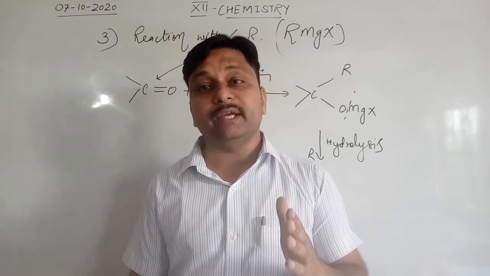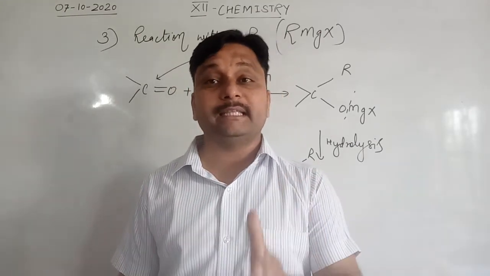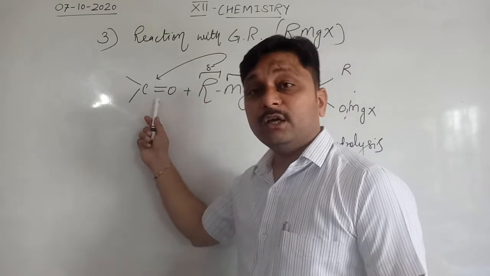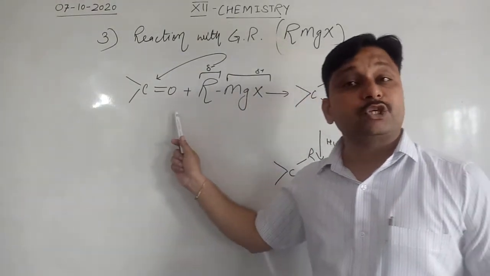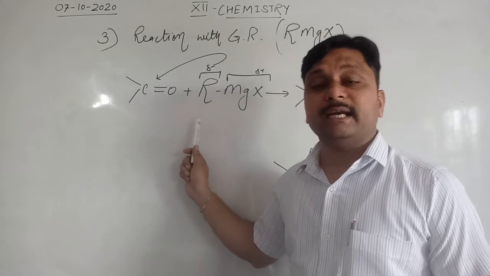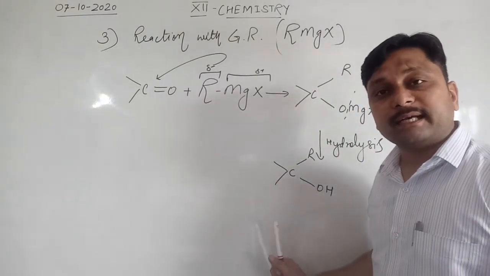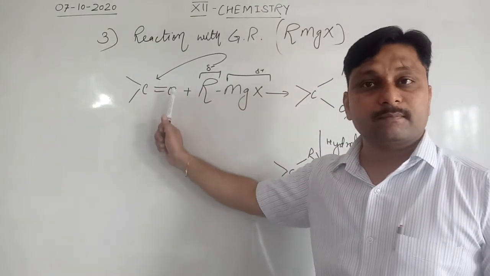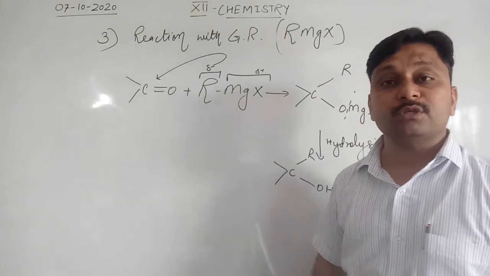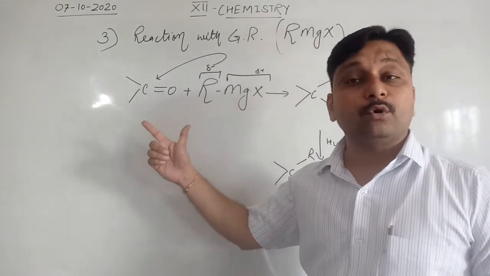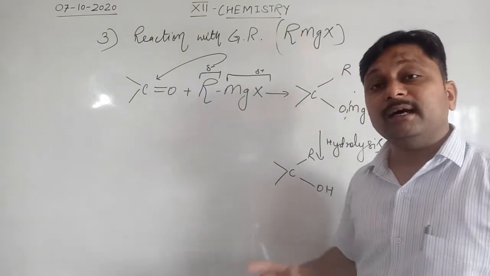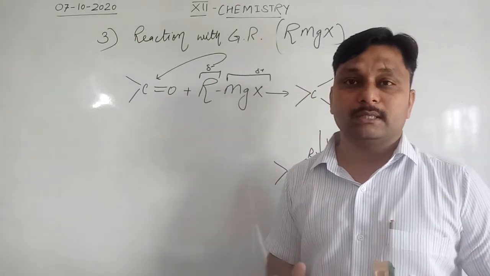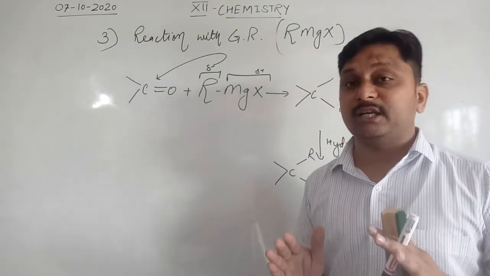Clear? And this topic we have already done in the alcohol, phenol and ether chapter. So simply we can say aldehydes have a tendency to react with Grignard, meaning they show nucleophilic addition reactions and form primary, secondary and tertiary alcohol, and these alcohols depend upon the carbonyl compound. Clear? If the carbonyl group represents a ketone, it will convert into tertiary alcohol. If the carbonyl group is formaldehyde, it will convert into primary, and other than formaldehyde, all the aldehydes have the tendency to convert into secondary alcohol. Clear? So this is the third one, nucleophilic addition reactions.